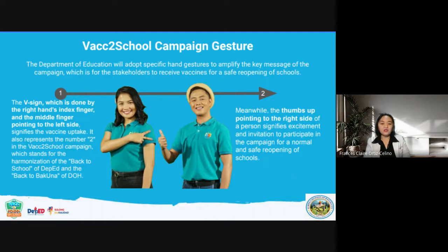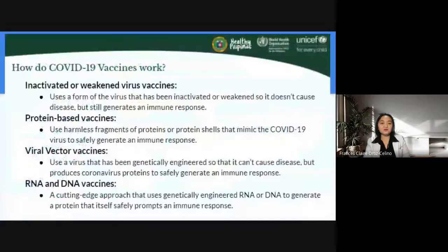So meanwhile, yung mga thumbs up naman pointing to the right side of the person now signifies excitement and invitation to participate in the campaign for a normal and safe reopening of schools. Okay? So let us remember that all vaccines are safe and all are efficacious. So whatever brand that you have, the best vaccine is the one which is in your arm. So we need to remember that